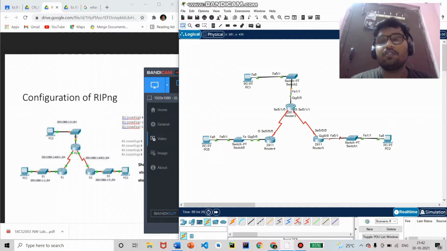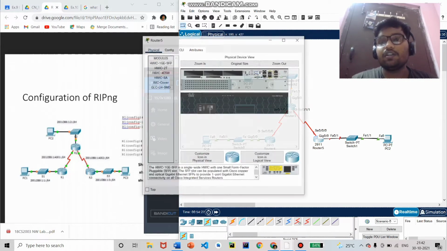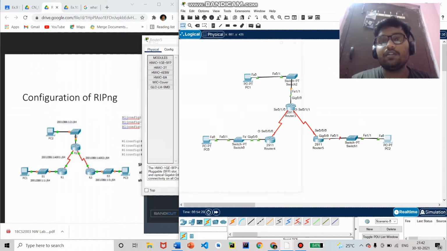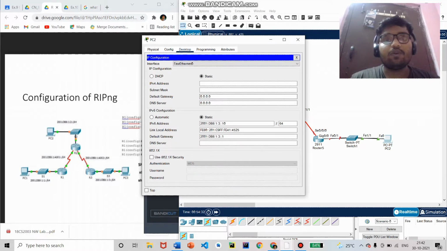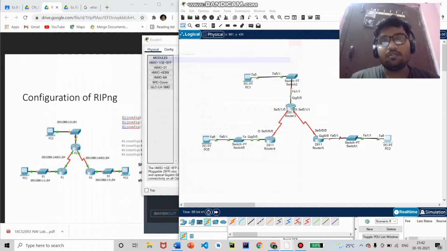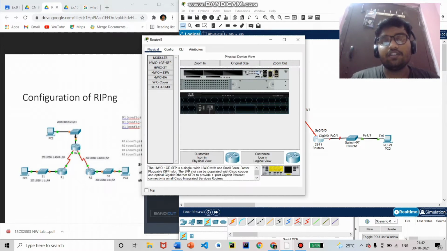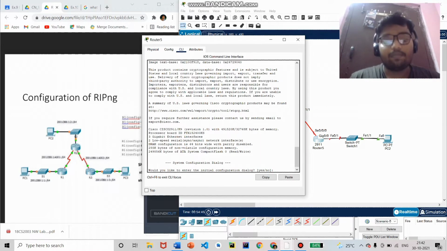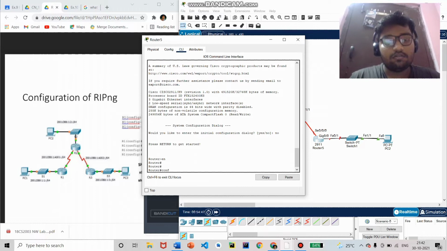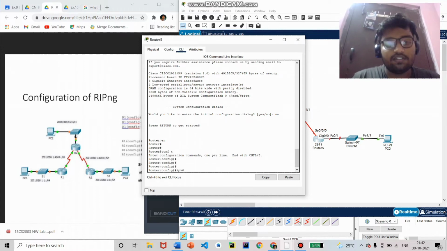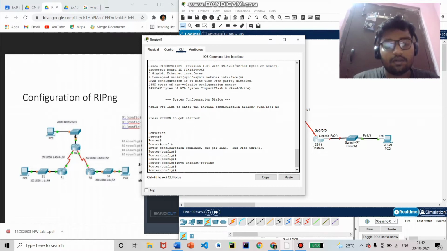Now coming to this router 5, where we'll be configuring this PC. We'll check the IP address and gateway. I have already set there is 3::10. This is the IP address for the PC, and this is the gateway, right? So let me just copy this and configure this router. That is router 5. Now enable, config terminal, ipv6 unicast-routing.